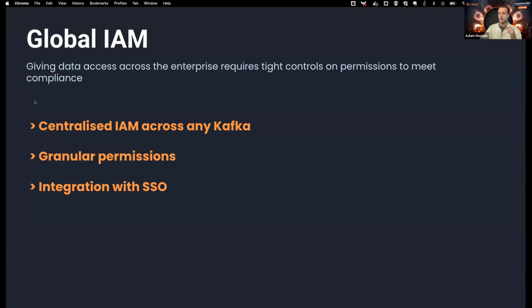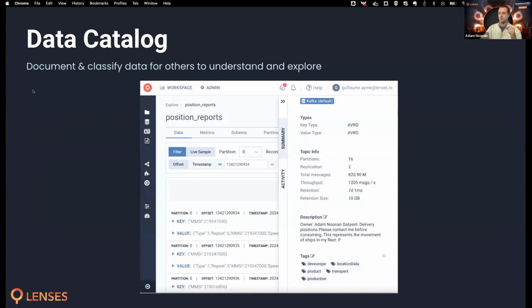The next step you're going to want to have included in your data mesh platform is a data catalog. Not only are users going to need to access data and view it in that governance structure, they're going to need a system for understanding the data that they can view and access. So they're going to need a unified catalog where they can ask questions about what data sets and data products I can access, who is the owner of that data product, who should I contact before consuming, what channel should I subscribe to for any schema change. All of that information, hosting that data contract and the metadata about the data you want to consume and fuel your workloads, would be included in our unified data catalog.